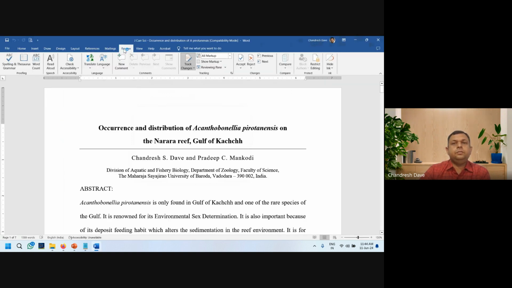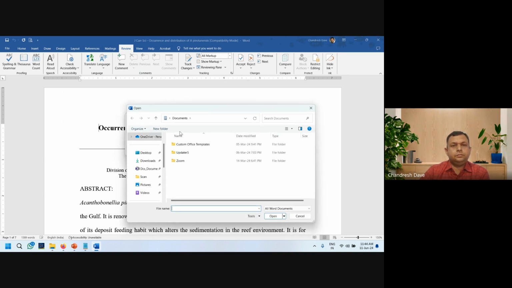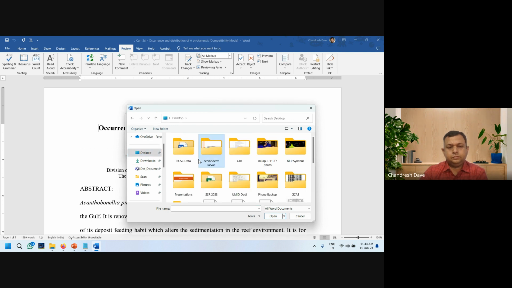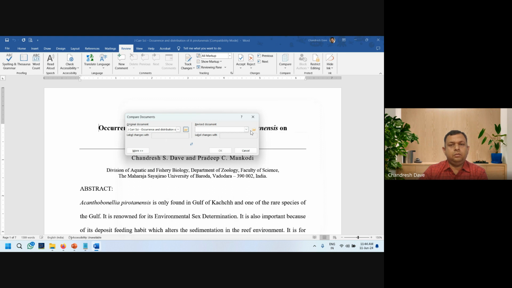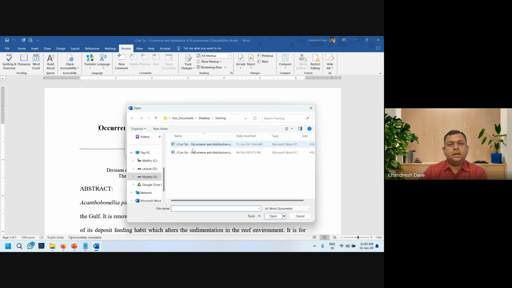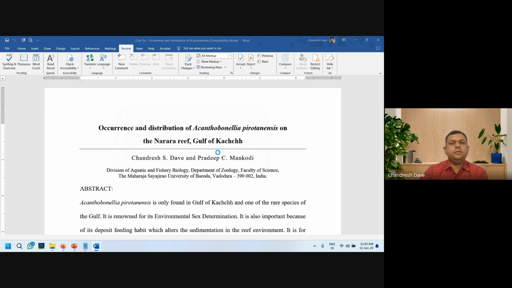Under the same review, there is compare. Here you can select the original document or one document, second is another document. Now start comparing.